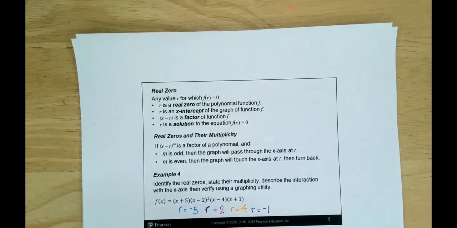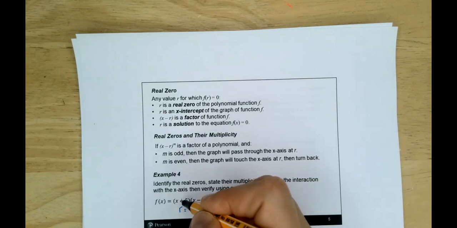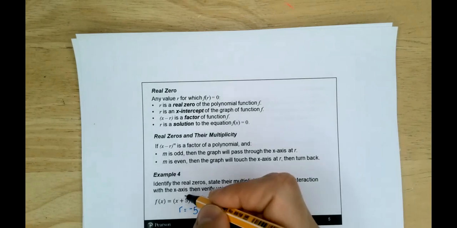So let's practice finding the power function of this before we talk about multiplicity, okay? It's something we just learned. Here we have our leading terms. So if I'm trying to find the power function,